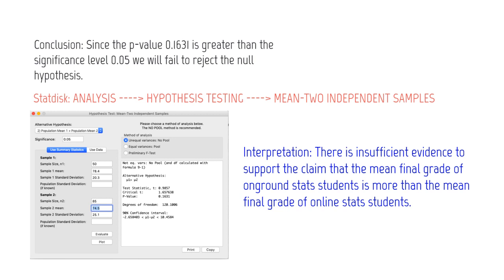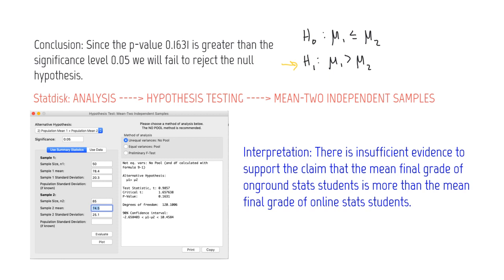So what does it mean to fail to reject the null hypothesis in this case? Remember what our hypotheses were. Let's just get those written up again. We said that mu1 was greater than mu2. That one was our claim, that the mean grade of on-ground students is higher than online students. So the null hypothesis is that it is not greater, that it is either equal to or less than that